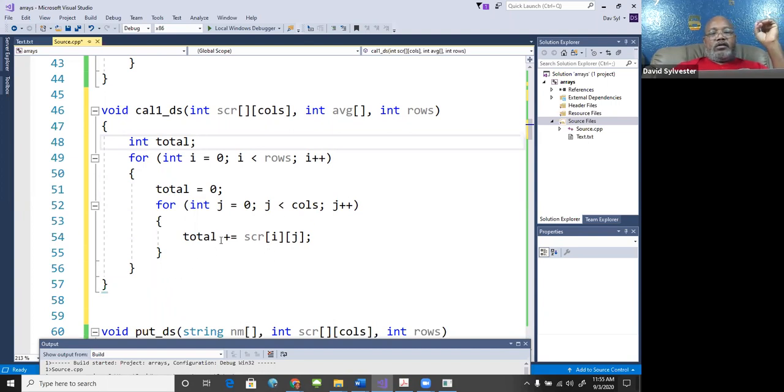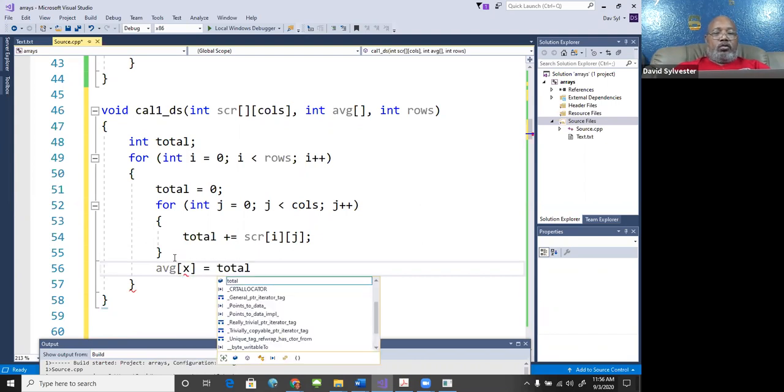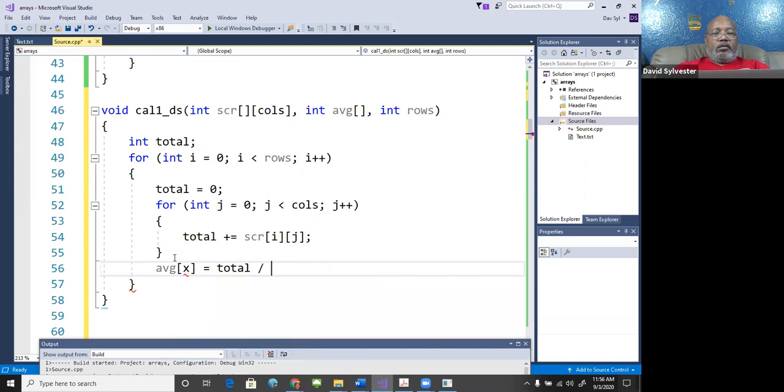Now, question, why do we want to set total equal to 0 here? The reason being, before we start processing a row of numbers, we want to always set total back to 0 so that we can get the correct average for each student, all right? So now in here, we would say avg sub i is equal to total divided by